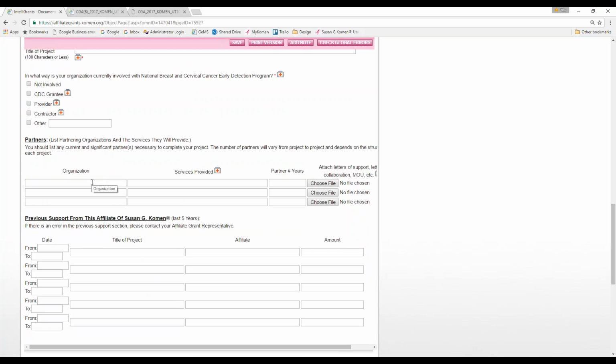Partners, so an organization that you are partnering with to help with the project. You put their name there, what services they're providing, the number of years, and then this is where you would attach any letter of support or MOU